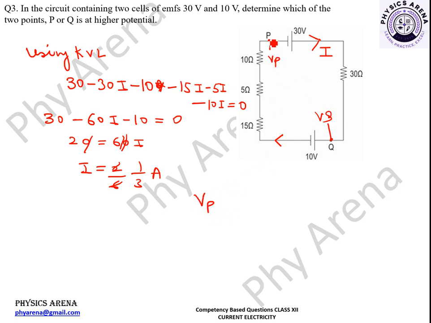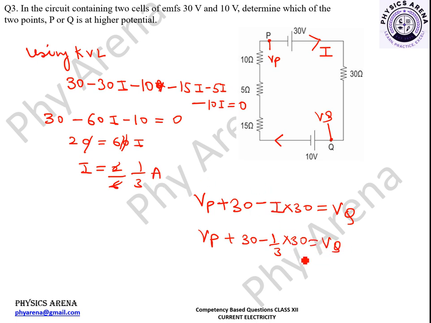So Vp, since we are entering it with the negative terminal, it must be positive. So plus 30, then I into 30. I is 1 by 3. And since we are moving in the direction of the current, it has to be negative. Minus I into 30, that has to be equal to Vq. So we got Vp plus 30 minus 1 by 3 into 30, value of I is 1 by 3, that is equal to Vq. And when we solve it out, Vp